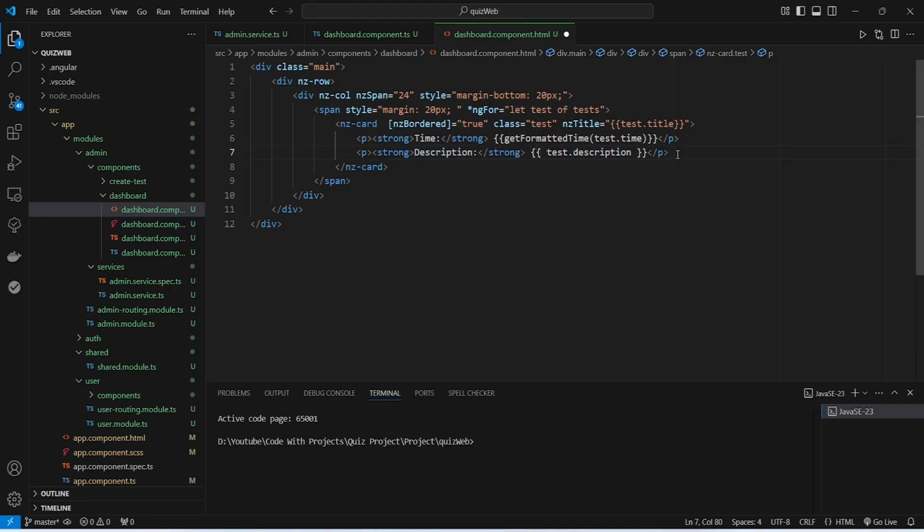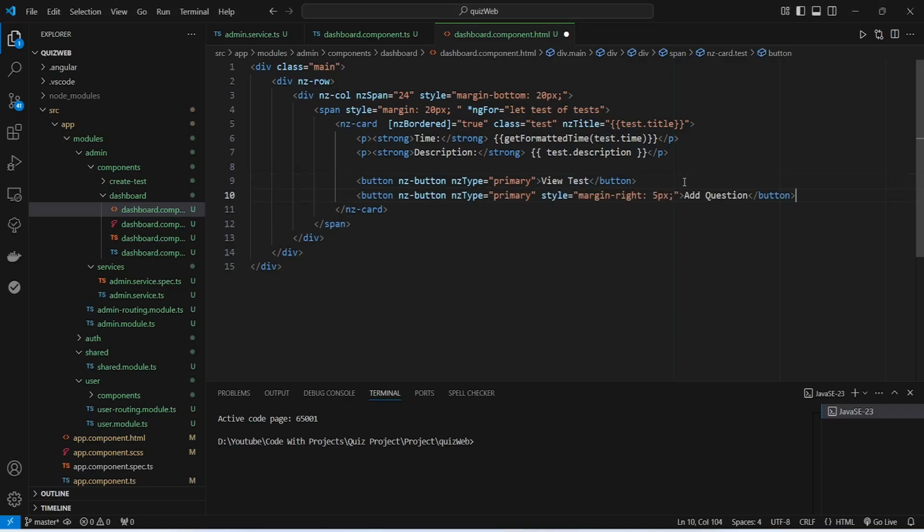And after this we need to create two buttons, and to do this we will use button tag, and for the first button we will give the text as view test. And after this we will create another button tag, and for this we will show the text as add question. And with this our HTML code is completed to show all tests to the admin on the admin dashboard. Now let's save this file, and after this we will open